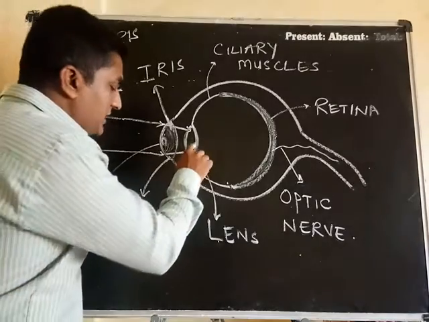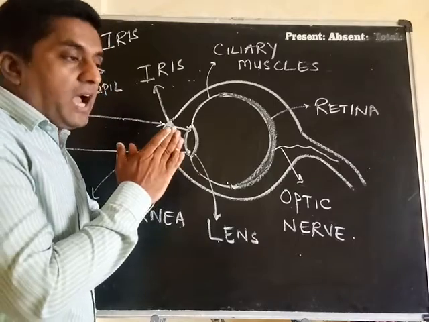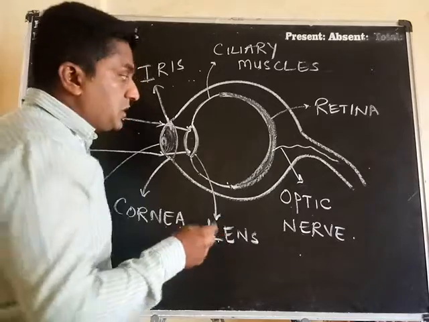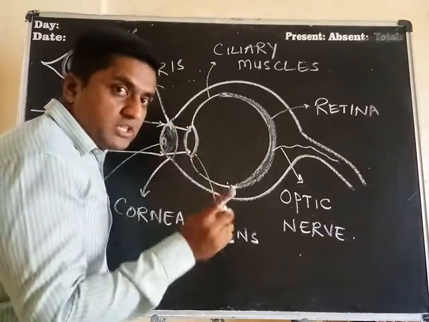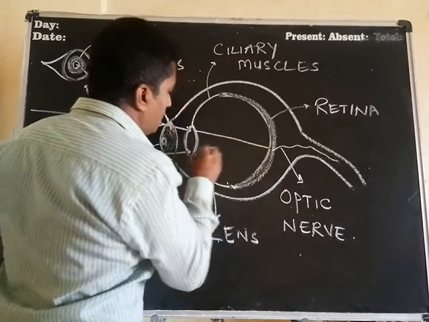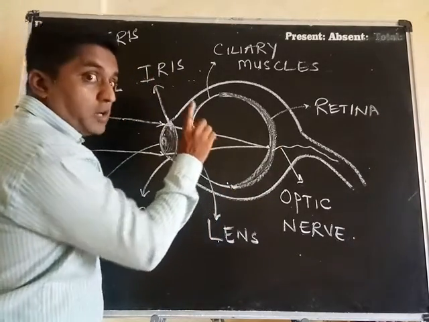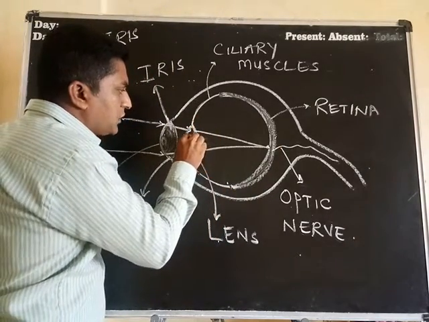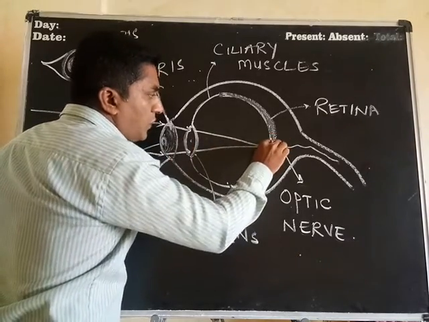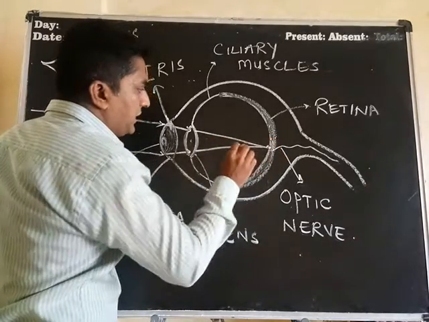Now see, your lens is a crystalline lens and it can flatten as per the need, and it can bulge as per the need. But why will it flatten and bulge? Because compulsorily, if you want to see the image, the focus must be exactly on the retina. See here. So where is the focal length formed? If this is the optical center of the convex lens, and if the image is formed here, from here to here is called the focal length, and focus is obtained on the retina, right everybody?